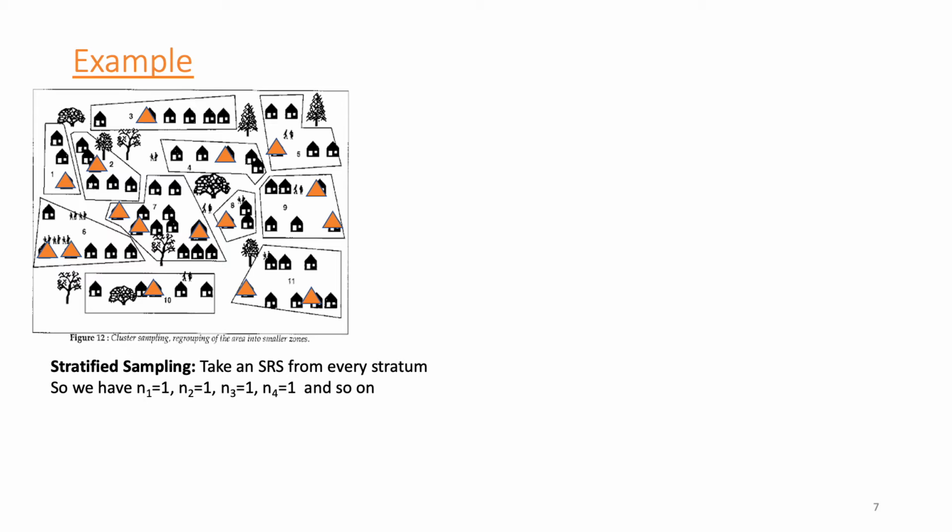So here n1 is equal to 1, n2 equals 1, n3 is equal to 1, and so on. In this case, capital H will be equal to 11, that is the total number of strata, and the sum of all the population units of the total number of strata is equal to 65. Also, small n is equal to 27 units, that is the total number of population units of the